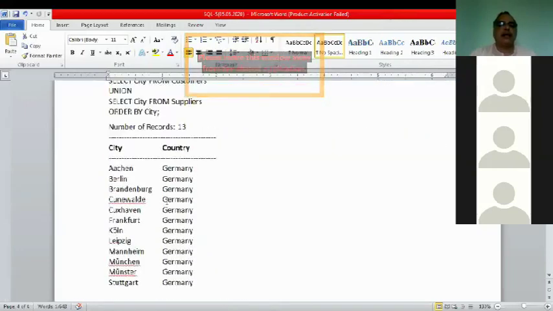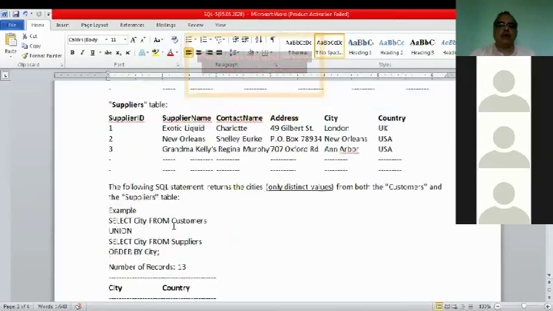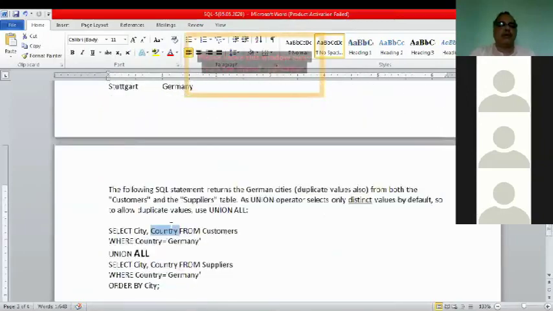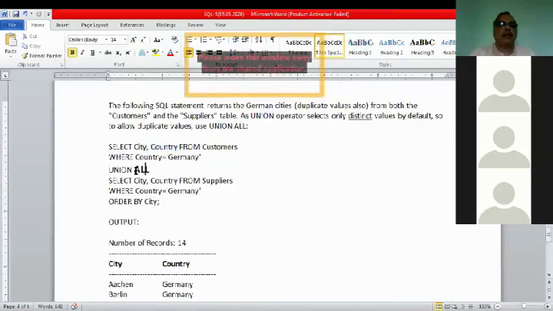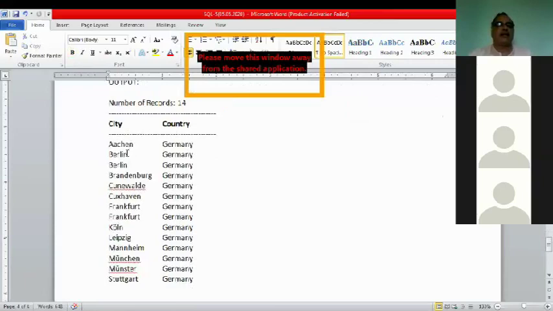So the output will be city and country from these two tables. Instead of writing nothing, or silently distinct, we are writing ALL. So the output will be this.